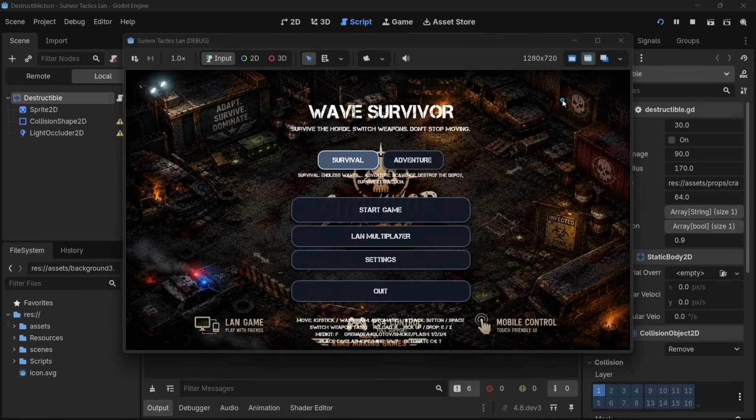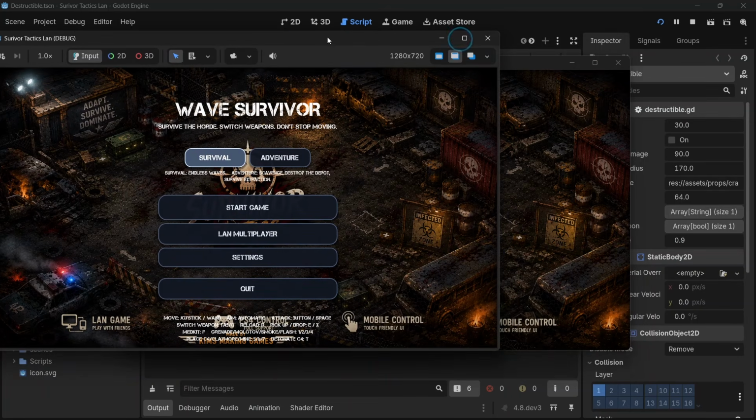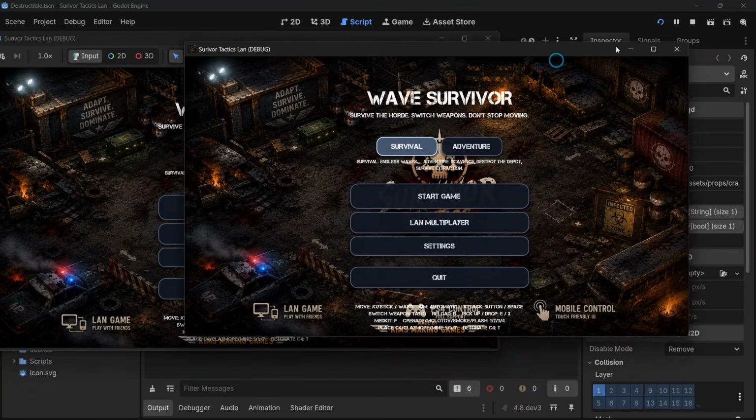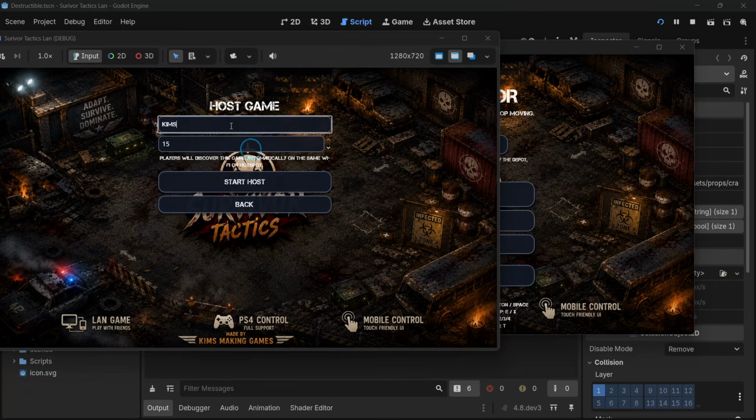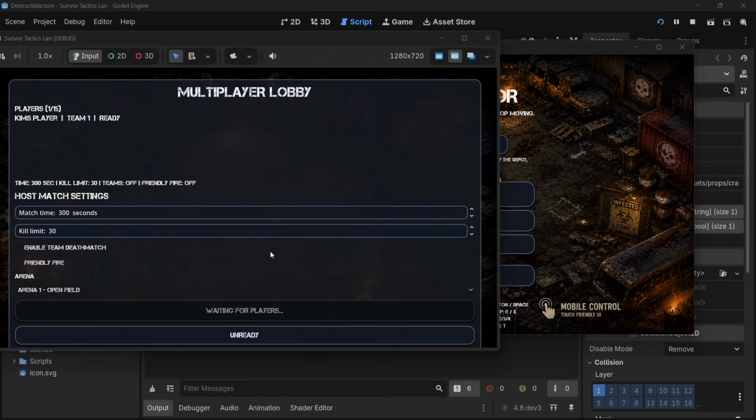Now you see it shows, but still doesn't really work. No way to resize the screen, neither. So the best I can do right now is just play them like this, a little bit overlapping. So the first one, the host, would be named Kim's player, and let's just increase this to